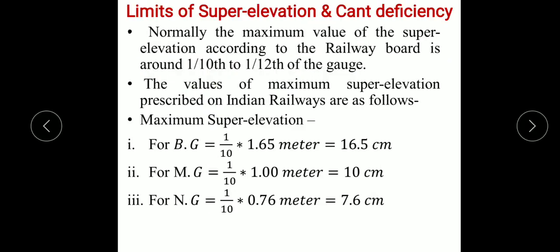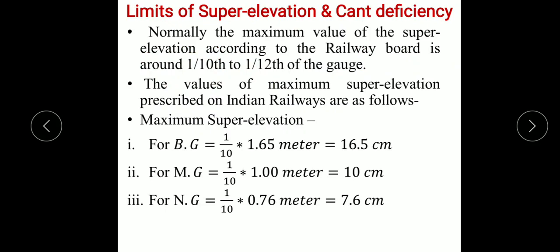Next is limits of superelevation and cant deficiency. Normally, the maximum value of the superelevation according to the Indian Railway Board is around 1/10 to 1/12 of the gauge. Therefore, the values of maximum superelevation prescribed on Indian Railways are as follows. So, maximum superelevation for BG is equal to 1/10 of 1.65 meter. So, it comes out equal to 16.5